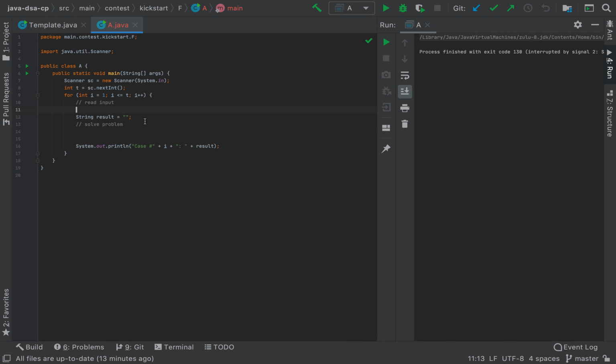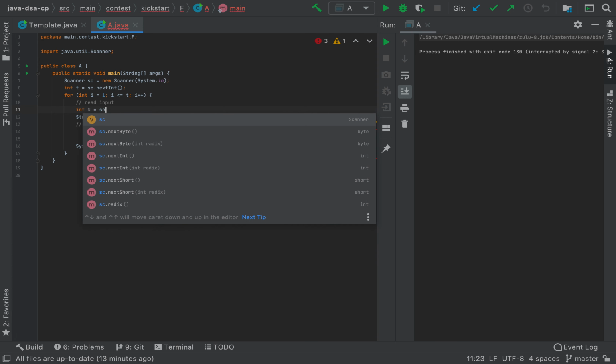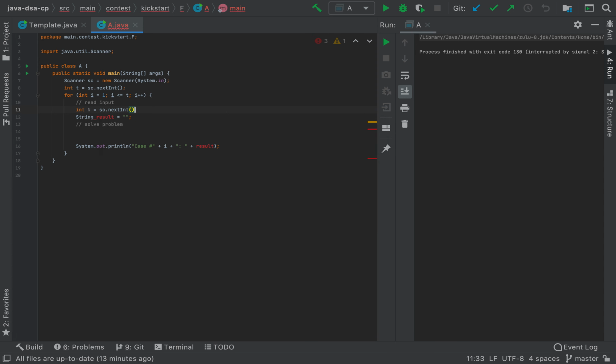So let's implement this solution in the IDE, because this editor of Google is not user friendly. So first we will get n, which is the number of persons, from scanner.nextInt. Similarly, we will get the limit, which is x, with sc.nextInt.